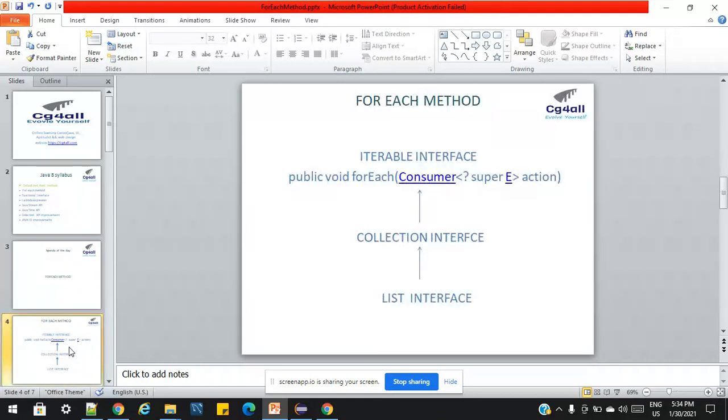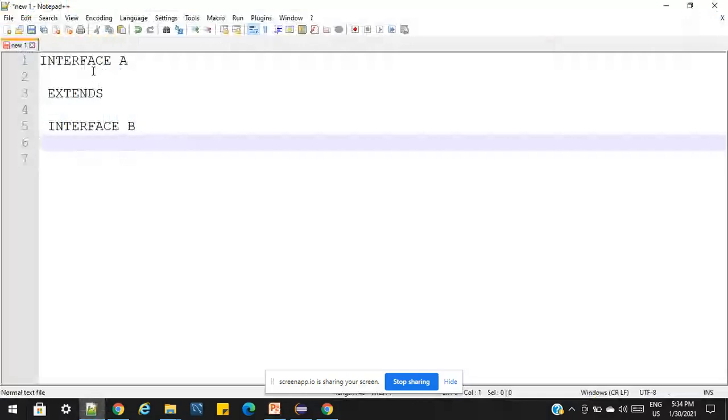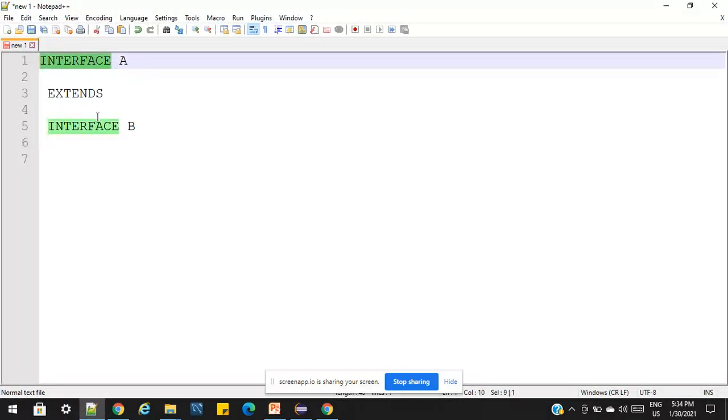As we know, Collection is an interface, and an interface can extend another interface. Let's understand with an example first. Let us consider interface A and interface B. One interface can extend another interface, clear?